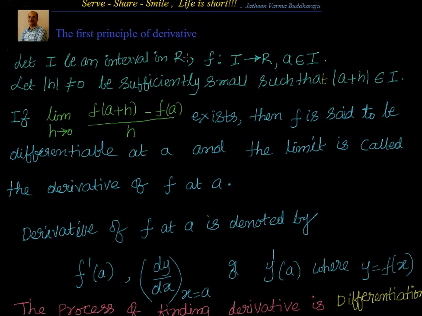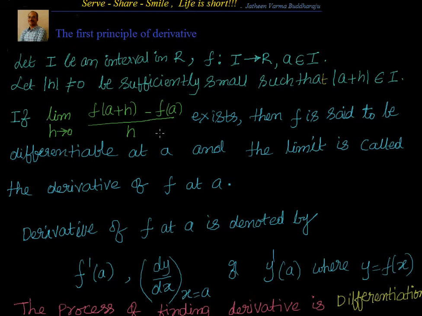So let us say there is a function mapped from I to R, where I is an interval on R. If the value changes from a to a plus h, such that h is very small and a plus h also belongs to the interval I, then if the ratio of the change in the function, that means f of a plus h minus f of a, divided by h exists, and we take the limit of that as h tends to 0, that means the change is tending towards 0,